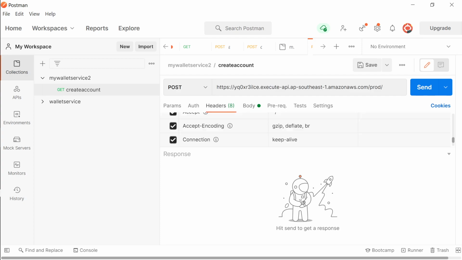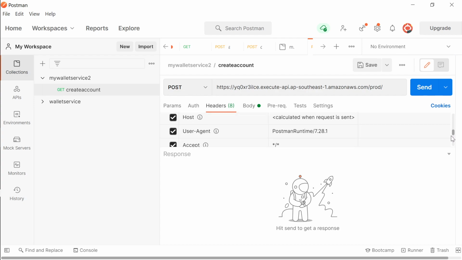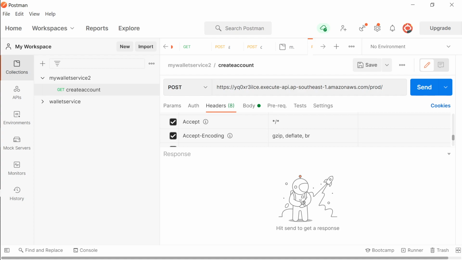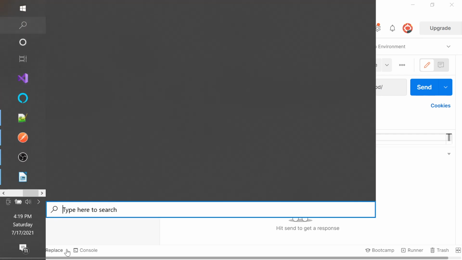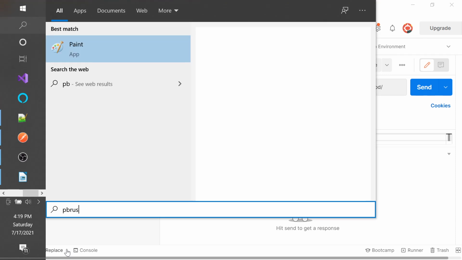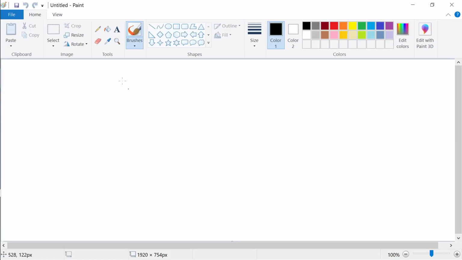If you look at the headers, what are the headers? The header that is generated is Content-Type equal to text/plain. This is the main thing. The rest of it, this one except */* may be required. I'm not sure. It's not required when I tried, but this one is using it. Once you have that, you can put your body as account 1323. I hope you understand how HTTP works, because if you don't understand all these concepts, it will be a problem.